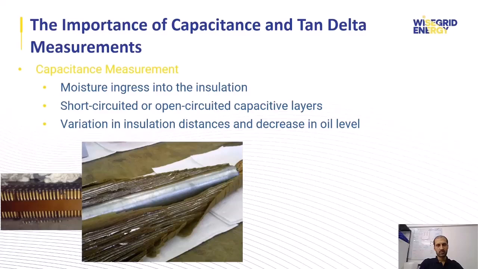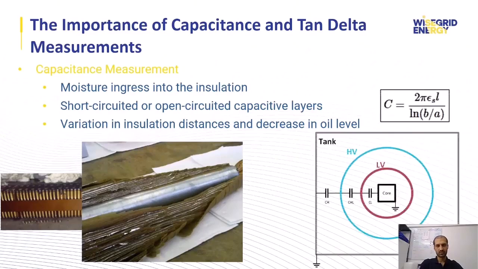Another very important issue is the change in insulation spacing and/or oil level reduction inside of the transformer. For example, consider a transformer with a high voltage and low voltage winding, core and tank, which are grounded. We know that the capacitance between the HV and LV windings, which can be calculated by this formula,